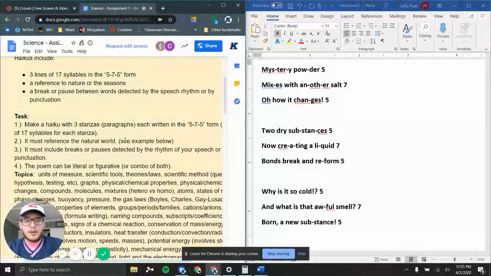But basically, what you're assigned to do for this assignment is one poem. It's got 3 paragraphs called stanzas, and each stanza has 3 lines to it. And those lines have a 5-7-5 syllable pattern. If you do that and the poem makes sense and it has to do with science, then you're going to get full credit. So if you need any help with ideas on what to do, or you're just struggling with the whole syllable thing, just reach out to me and I'll get back